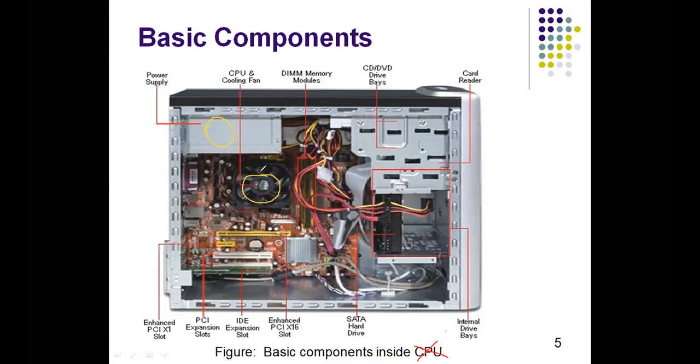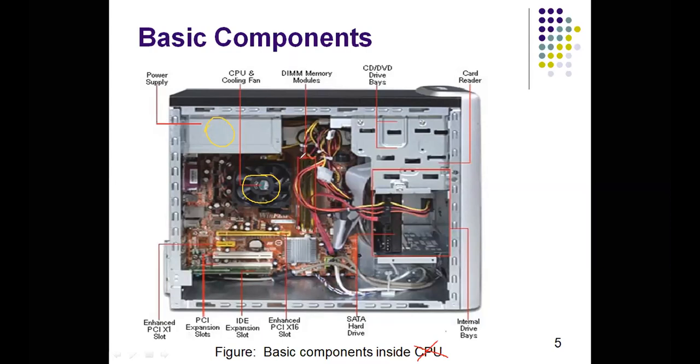Is it clear to you? Under this cooling fan, what do we have? We have the heat sink. I will show you what a heat sink is, no problem. Then under the heat sink, what do we have? Thermal gel. Thermal gel basically helps us to reduce the heat. And under that we have your microprocessor or CPU, central processing unit. Is that clear to you? Yes, sir.